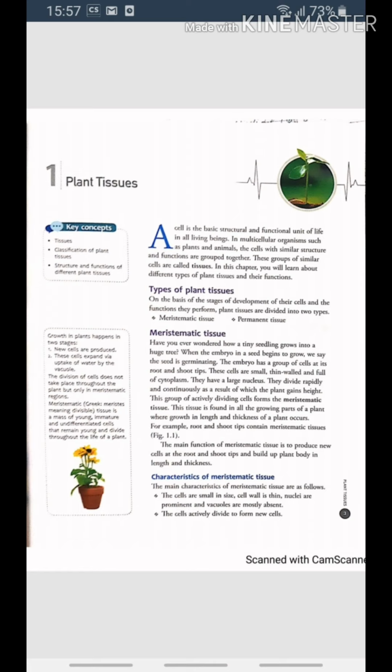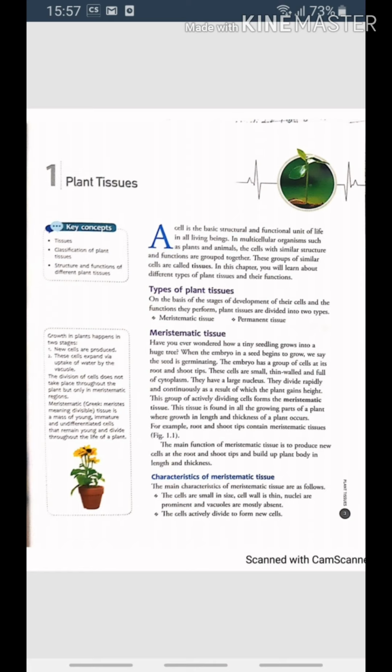Now see what is xylem. Xylem is the water conducting tissue of plants. It is composed of vessels, tracheids, fibers, and xylem parenchyma. The second one is phloem. So phloem is the food conducting tissue of plants. It is composed of different types of cells, namely sieve cells, phloem fibers, and phloem parenchyma. It consists of living cells with protoplasm in them.